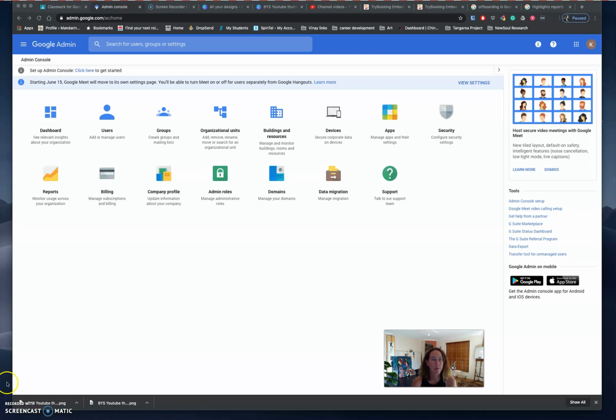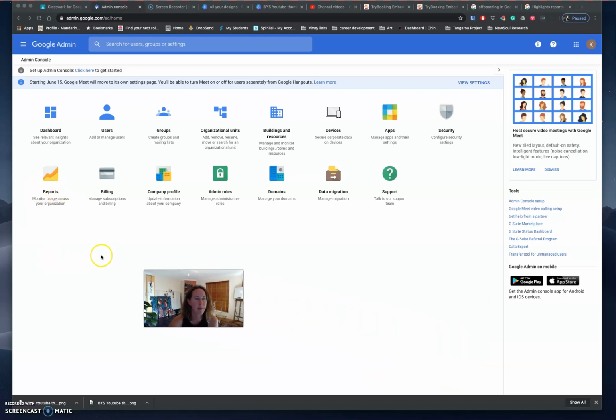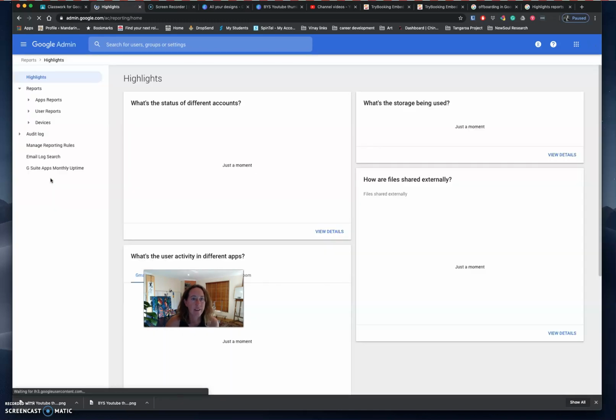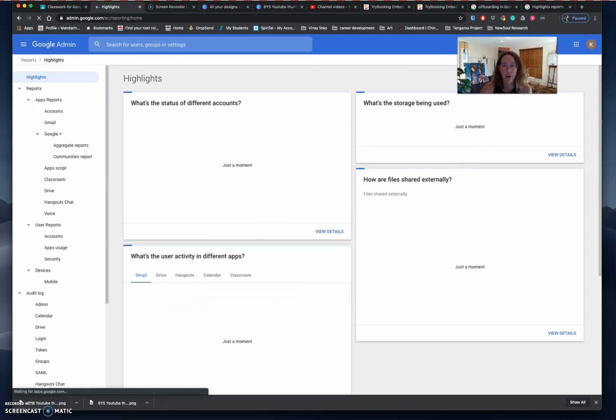We are looking at reports at the moment, this section here. Reports are great because they can tell you what's been happening inside the organization, should you ever need to look at it. I'll give you an idea how it works. So it can give you a quick snapshot